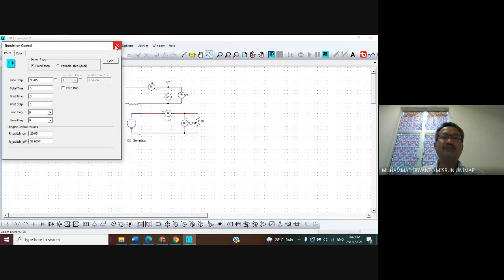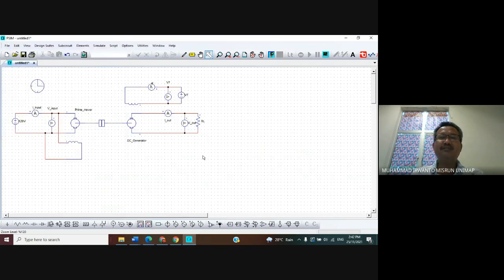Okay, finish. And then we want to run it to observe the waveform and RMS value of each output current, output voltage, input power, and also output power, by clicking the menu bar Run PSIM Simulation.